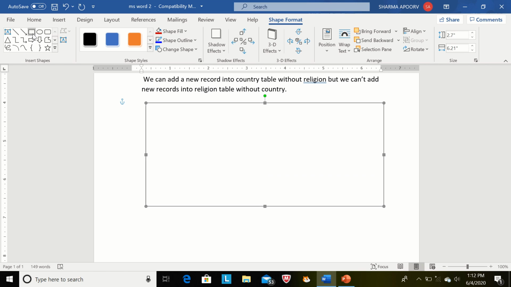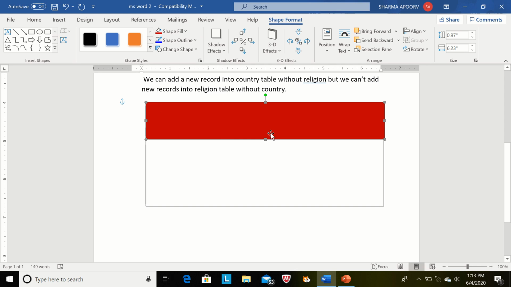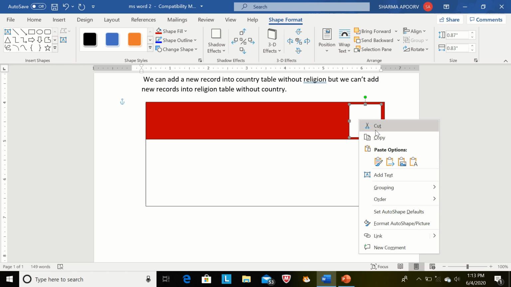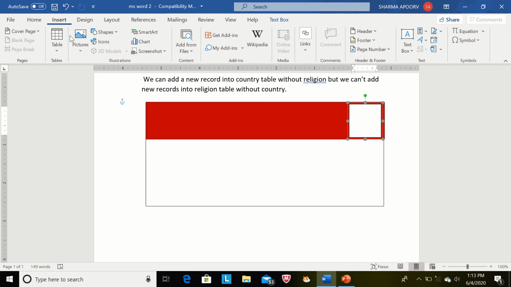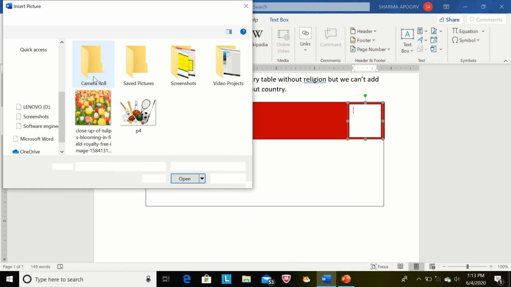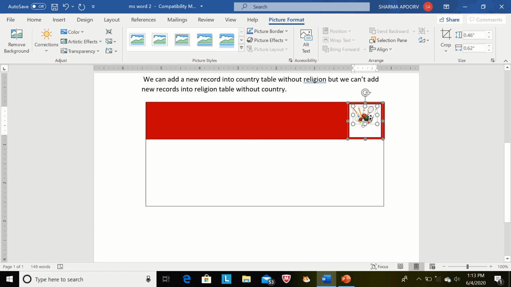Now again I will insert one more shape inside the shape, like this. Now I will fill. I think your ID card is the same as what I am trying to draw. Now for the logo, I am again inserting a shape. Right mouse click inside the shape and add text. Here I will insert the logo or the picture, whatever you have. This is the method to insert your logo at the appropriate position, like this.